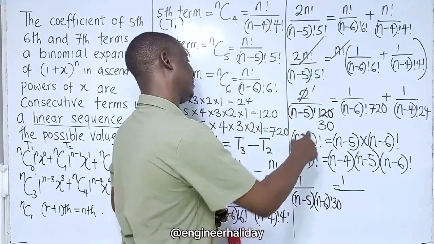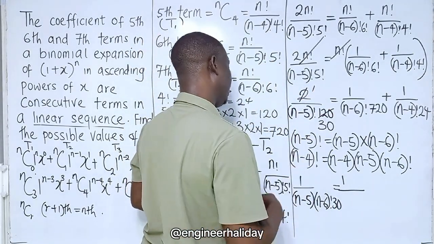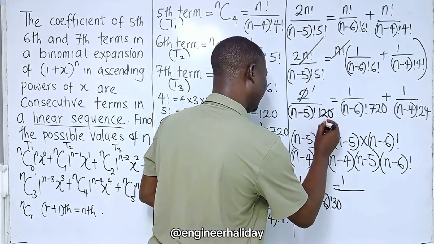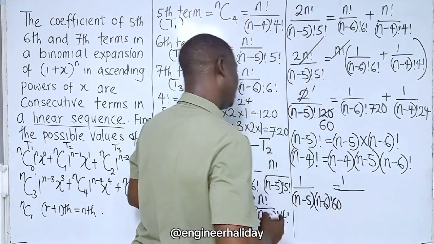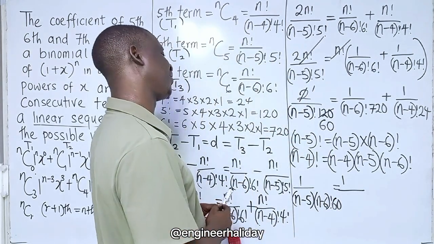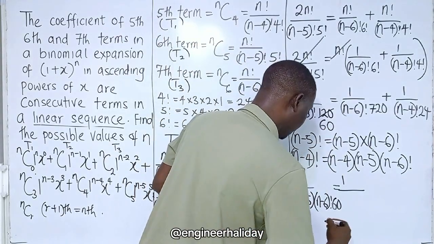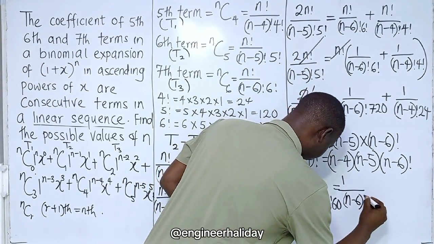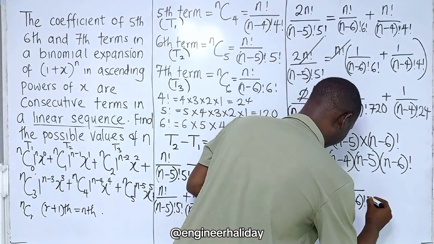After cancelling 2 into 120, oh, 60, sorry. That should be 60, please. It's not 30, it's 60. So this one will now be (n minus 6) factorial, then 720